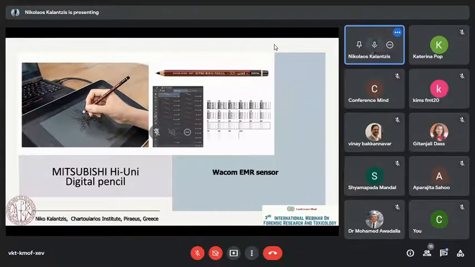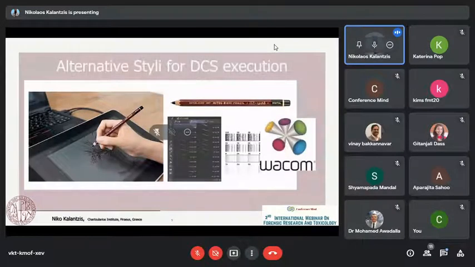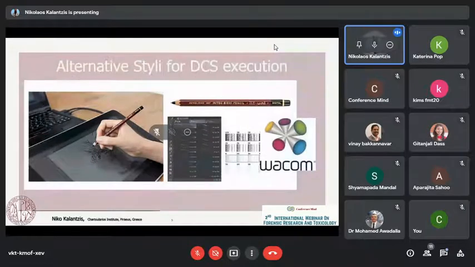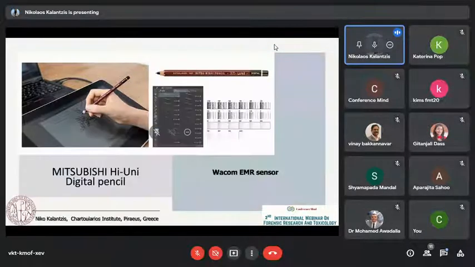Wacom decided to cooperate with third-party companies and provide with them the pressure sensor, which is the essential part of the